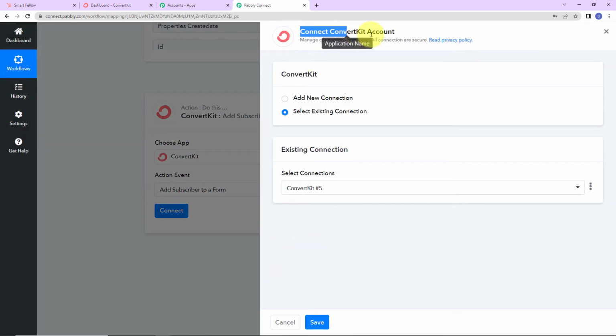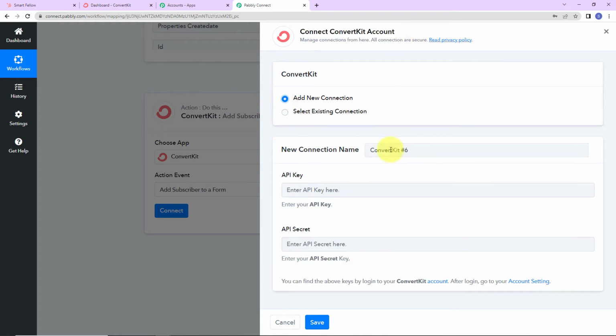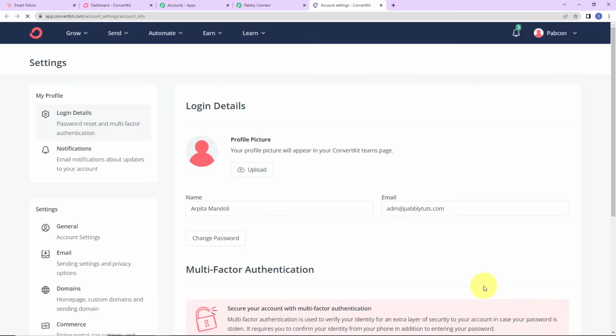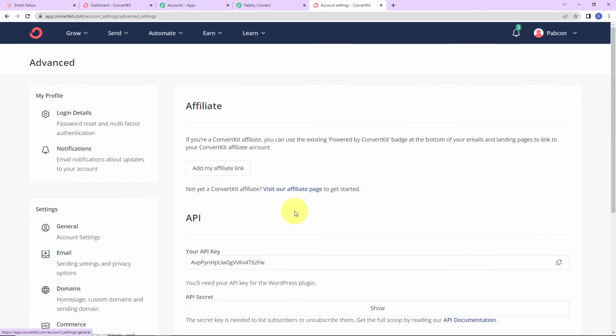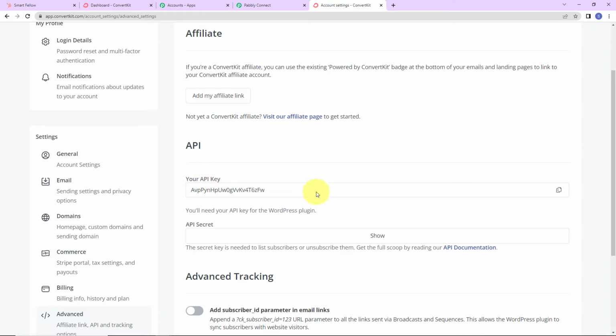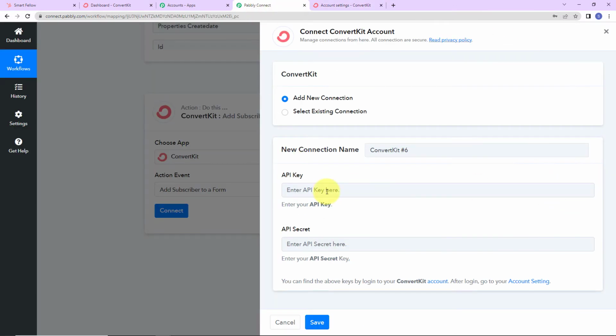So here again Pabbly Connect is asking to connect itself with the ConvertKit account. I'm going to select add new connection. Now to set up this connection, we need the API key and the API secret. So what you have to do is first log in to the ConvertKit account, then click on the account setting. As you do that, here we are going to scroll down, go to advanced, and here is the API key and the API secret. So first of all, I'm going to copy the API key, go back to Pabbly Connect,